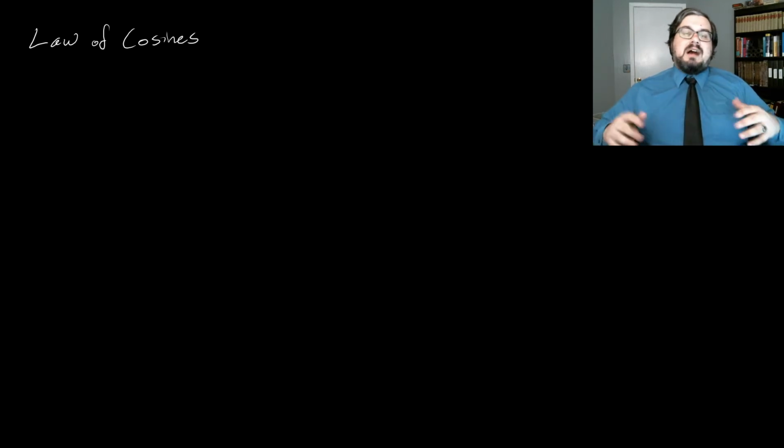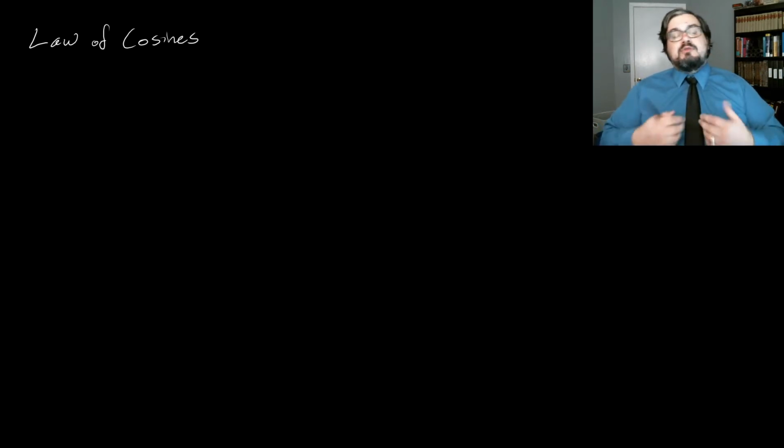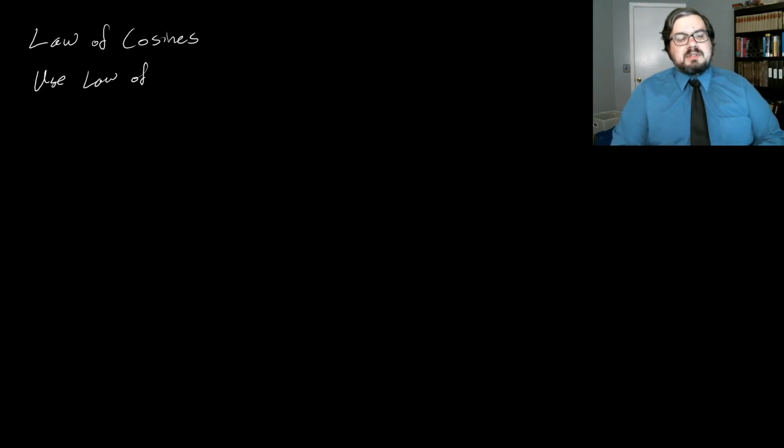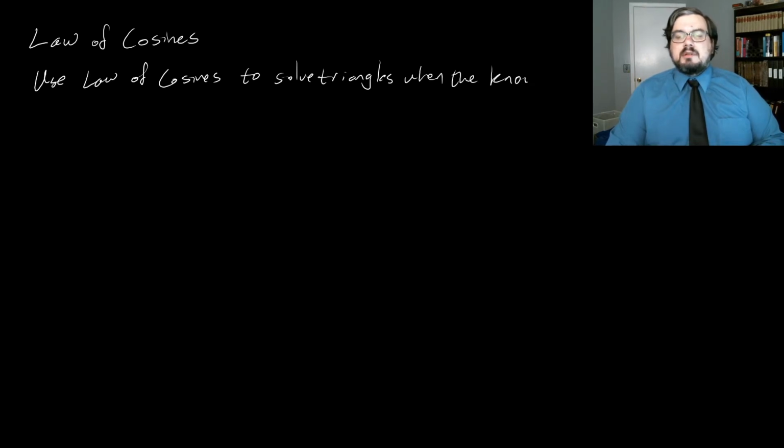We always needed 3 pieces of information, including the length of at least one of the sides. However, there were some combinations of angle measurements and side measurements where knowing them couldn't tell you the rest of the values just using the law of sines. For this, we need to use the law of cosines. So we use the law of cosines to solve triangles when the known information is in the pattern side angle side